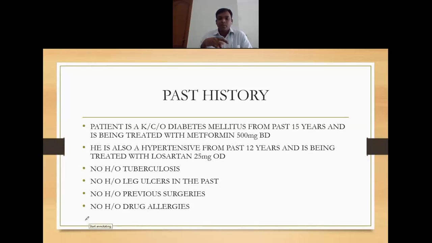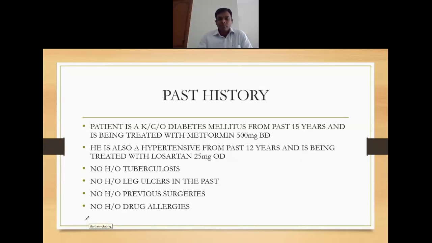How many years he has had diabetes, and whether he is on regular medications or irregular follow-up and medications. Sometimes they would have gone to a doctor 5 years ago and will be taking the same medication. So the pancreas will be dying and usually the resistance will increase. So whether controlled or not controlled, 5 years is very long term for any follow-up. Such things you have to tell. And whether he is on oral tablets or injections. These things you need to tell.